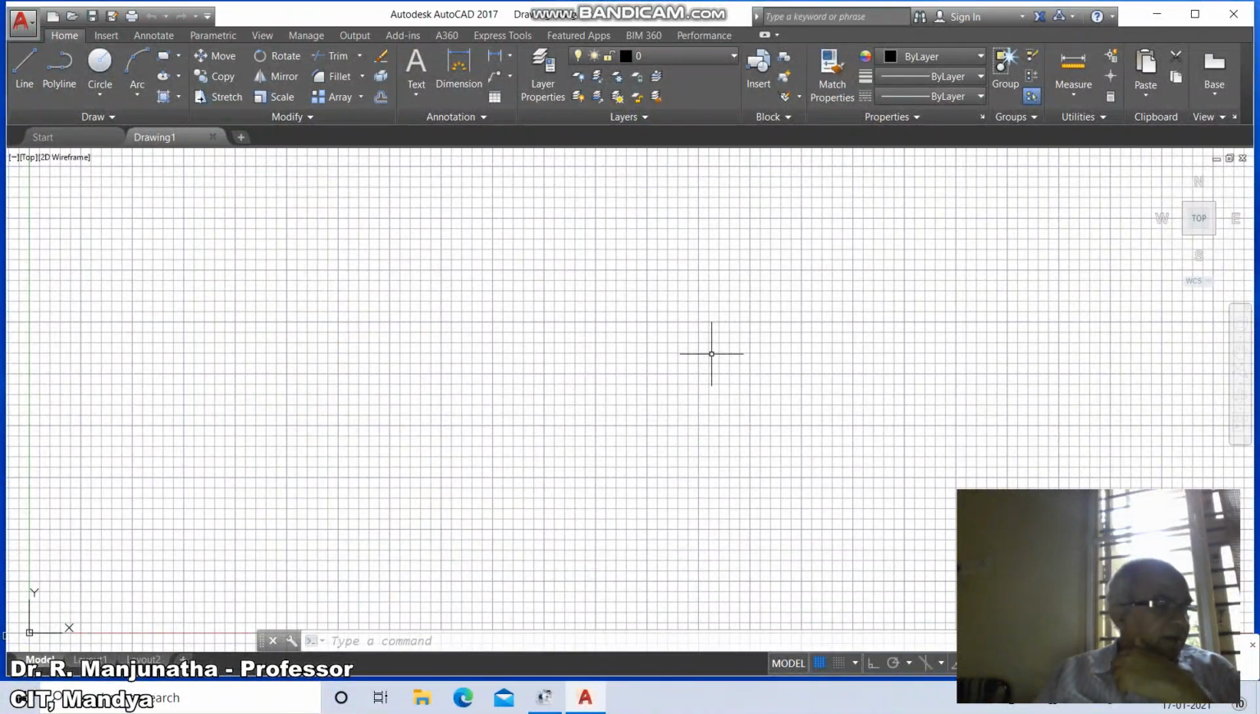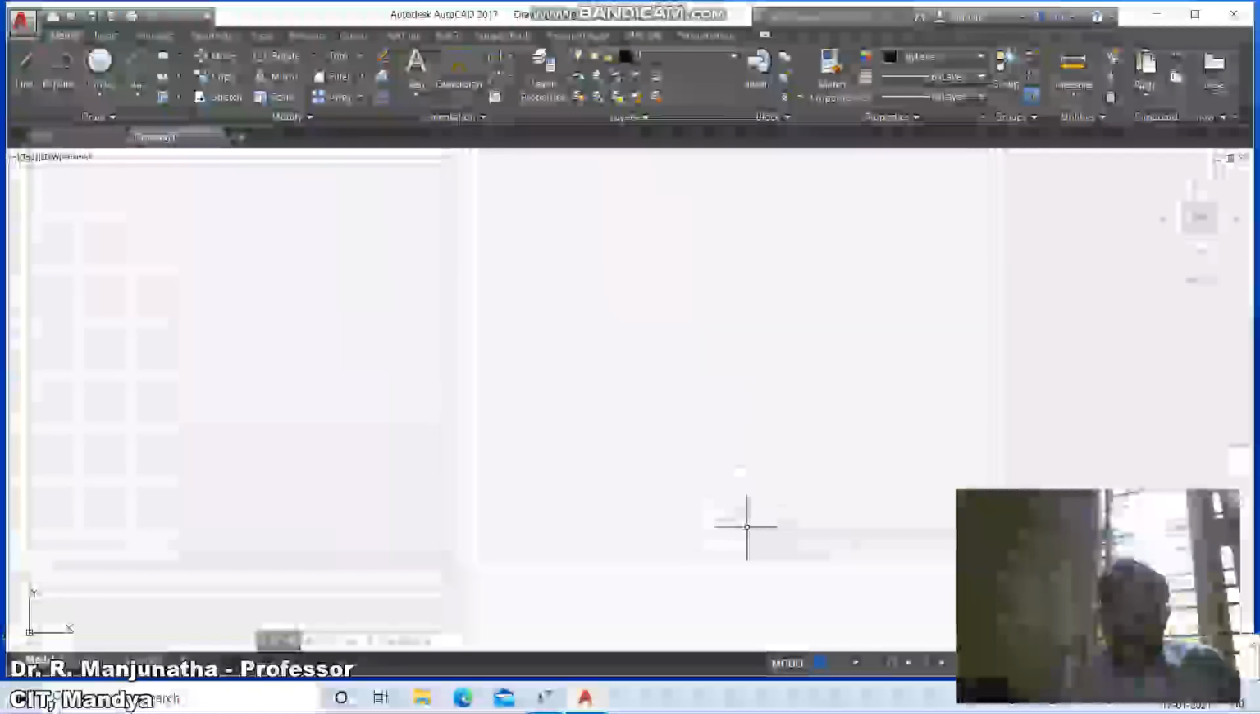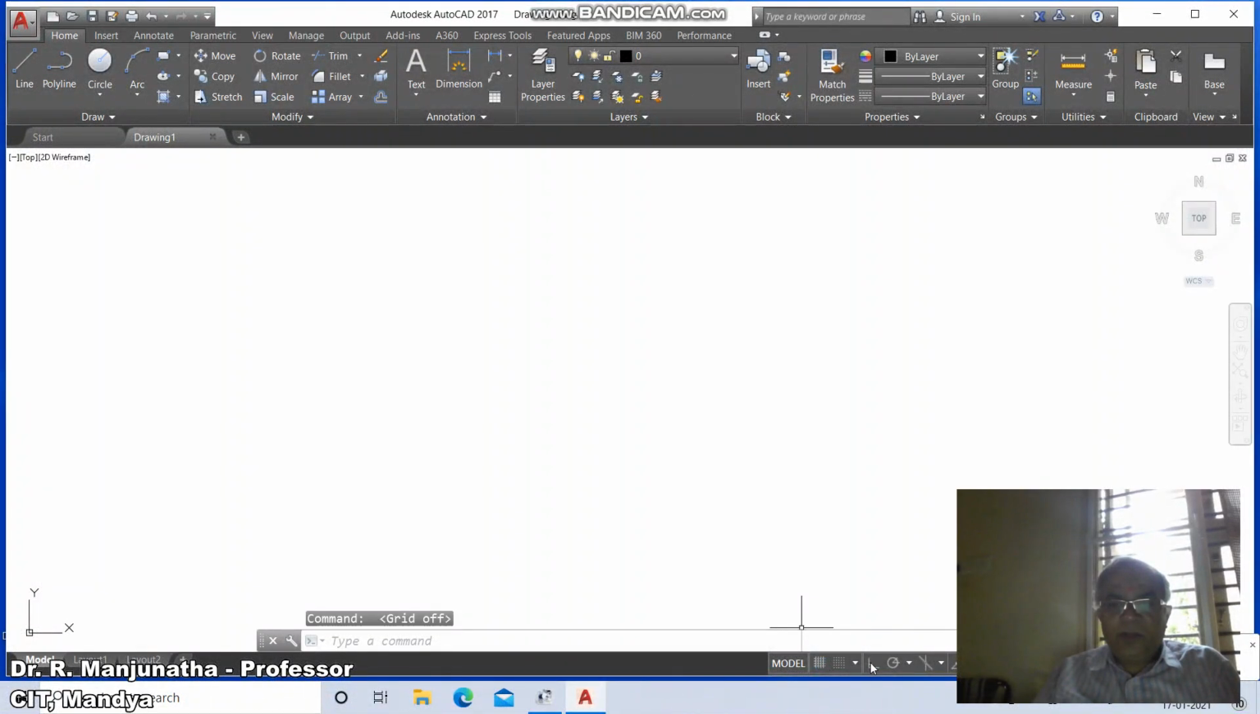In AutoCAD software, projection of points. First, we'll go into the AutoCAD screen, switch off the grid mode and switch on the ortho mode, and then type limits,